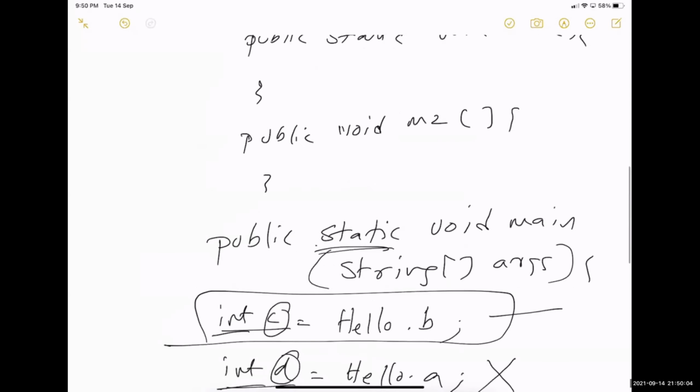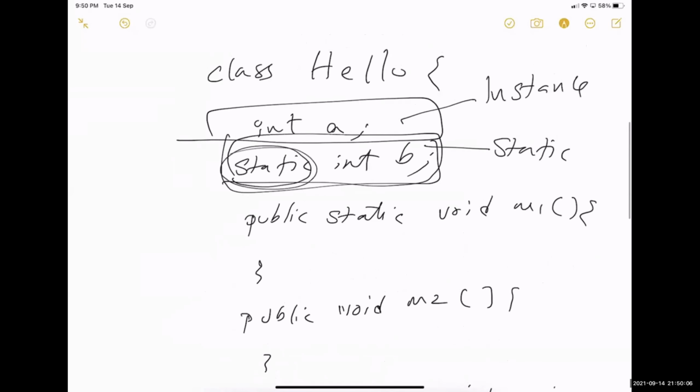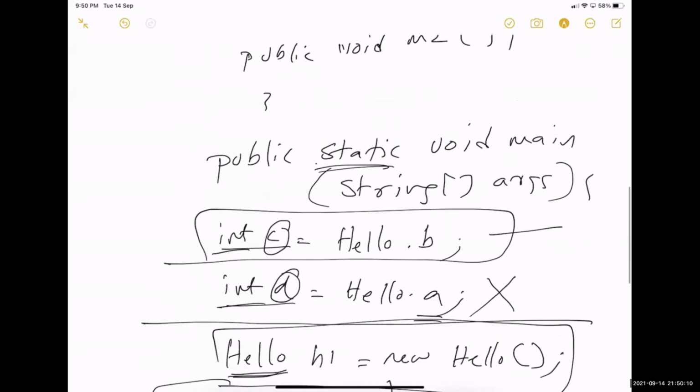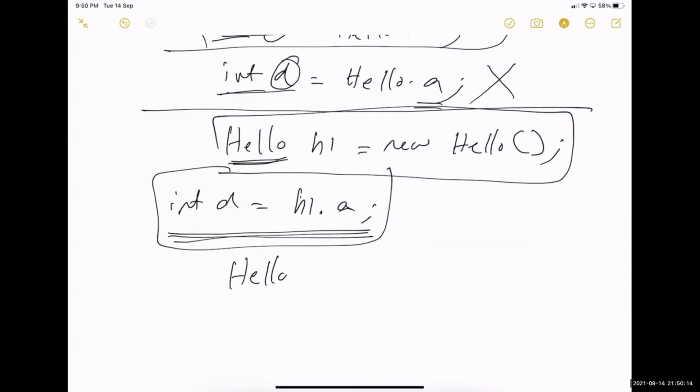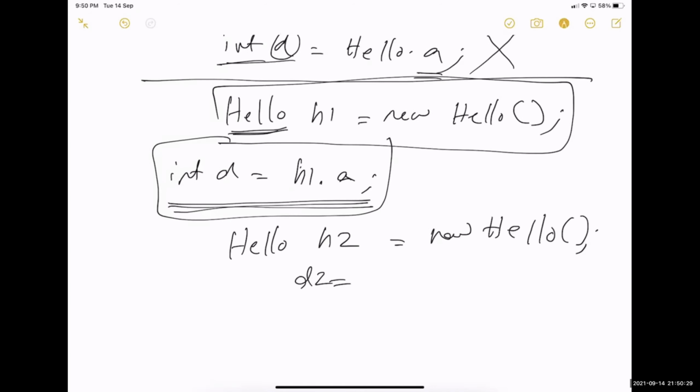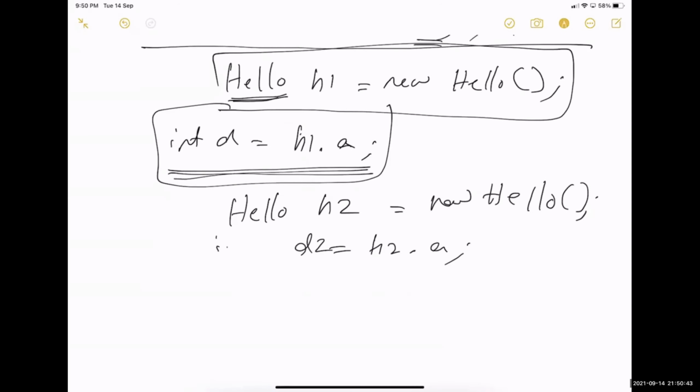But when static is not there, it belongs to the object, so you have to create an object and then call it. You can also do Hello h2 equal to new Hello, d2 equal to h2 dot a. And what will be the value of d2?